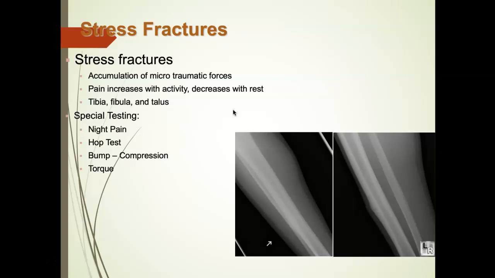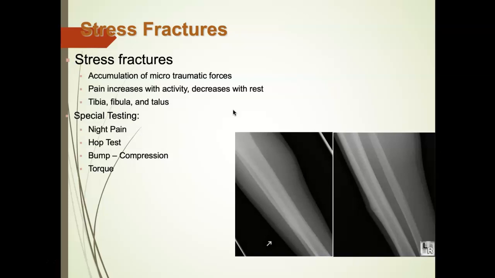What we know about stress fractures is that in general, pain increases with activity and decreases with rest, but never goes away. So they're constantly in pain. It's just a matter of how much pain they're actually in. In terms of special testing, the number one sign and symptom for a stress fracture is what you all said, night pain. We can also do the hop test, which we'll talk about in lab, the bump and compression test, and then last but not least, the torque test, which we'll show you in lab, would be bending that tibial bone and causing splintering of